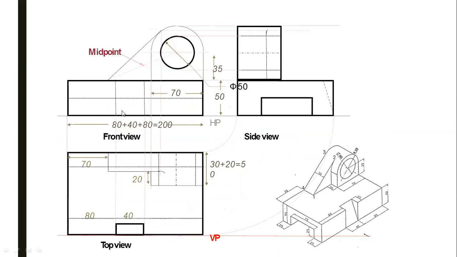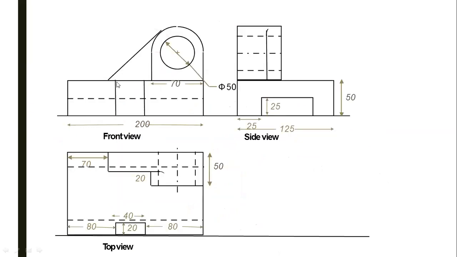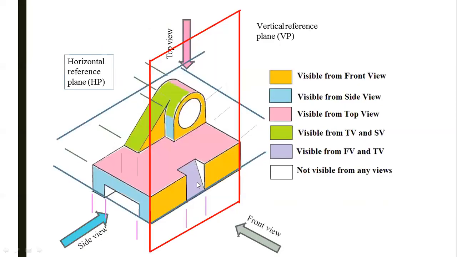This portion is the inclined portion, hence we have to draw dark lines over here because the dimensions or direction of material is changed over here. Now for the side view, this portion is visible, while this vertical portion is visible. This arc is visible till this center. And this inclined portion is also visible. Why is it shown in green color? Because this portion goes from the straight line to this center arc, and this complete inclined portion is also visible in your top view, and it is shown by green color. So how will its side view be?